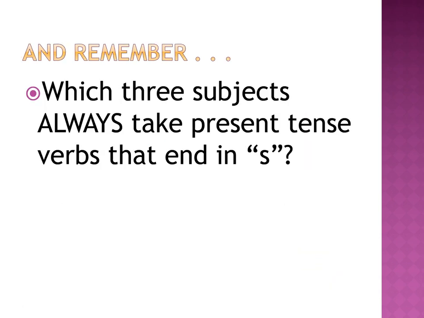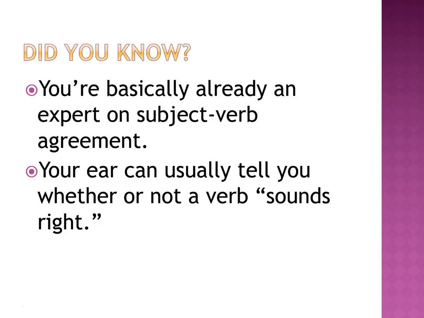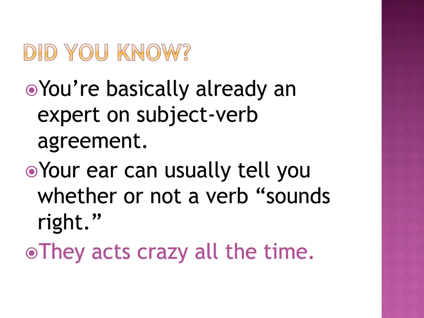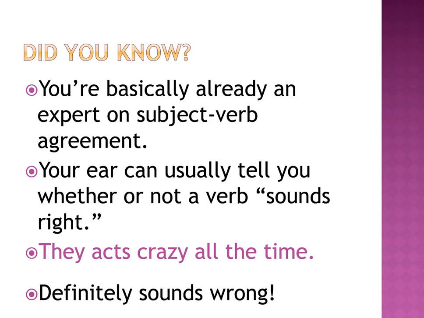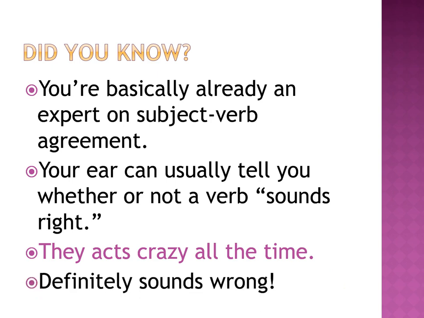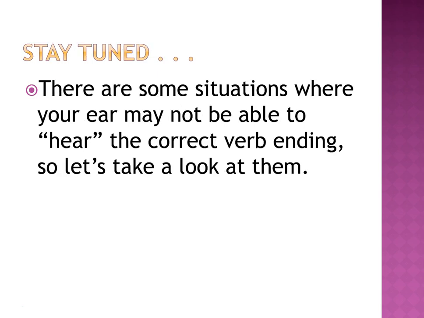And one more reminder, which three subjects are the special ones, because they always take present tense verbs that end in S. He, she, and it. Great. So you're basically already an expert on subject-verb agreement. Your ear can usually tell whether or not a verb sounds right, but like this example, they act crazy all the time. I mean, that definitely would sound wrong to us. We know that it should be act crazy. But there are